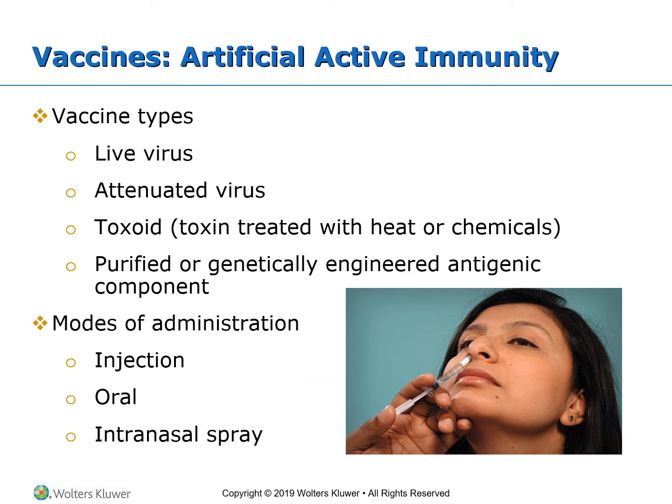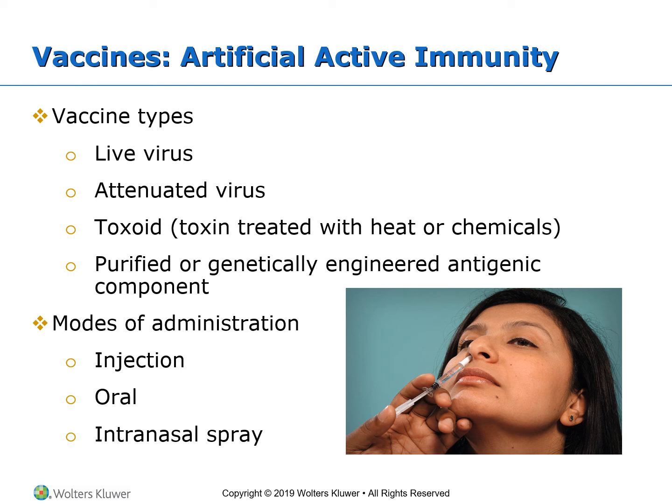So from this point of view, we have different types of vaccines. We have live viruses or attenuated viruses, and now we are talking about that type of active artificial immunity. We can provide toxoid, which is a toxin that is treated and inactivated partially by heat or chemicals. So we're not going to fully produce all the signs and symptoms of the toxin in our body. However, it will stimulate my immune system to recognize it in the future and inactivate it. And also we may have, like in the case of